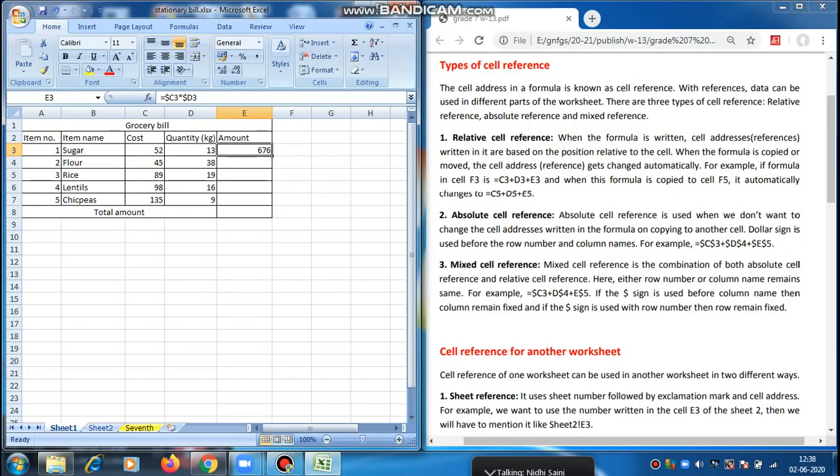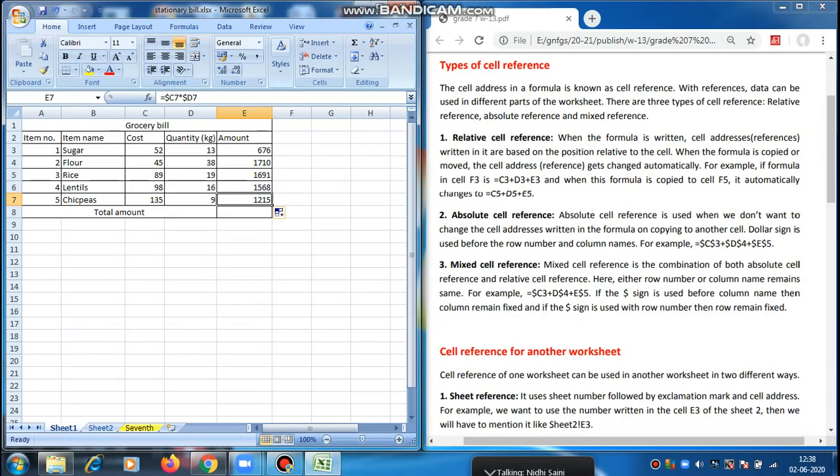Now I am going to copy the formula to the other cells. I am going to just drag the mouse. Now the formula is applied. So if I click here, you can see the formula mentioned here is equal to $C4 star $D4. Here row number is changed. Earlier we used the row number 3 in the original formula, but when I clicked on this cell, the formula is changed to $C4 multiply $D4. In the same way, you can see here formula is $C7 multiply $D7.